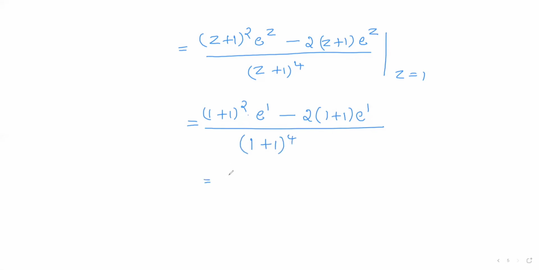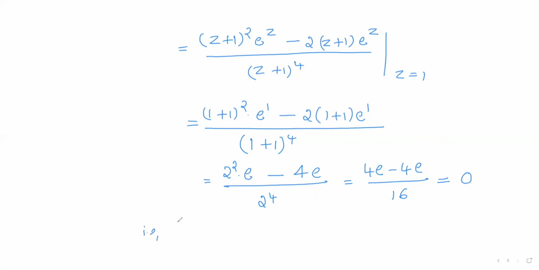So it is 2 square e minus 2 to the 4 e divided by 2 to the power 4. So 2 square is once again 4. So 4e minus 4e divided by 2 to the power 4 is 16. So as the numerator is 0, the residue reduces to 0. So that is, we calculated the residue of f of z at the pole z is equal to 1 and it is equal to 0. So now similarly we shall calculate